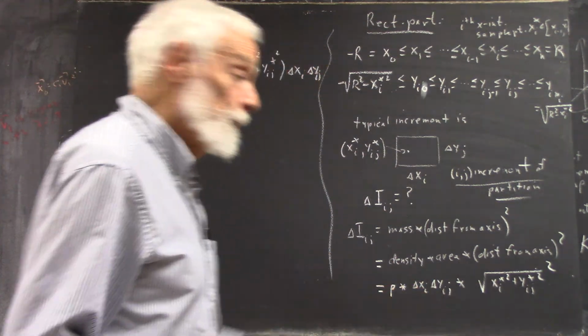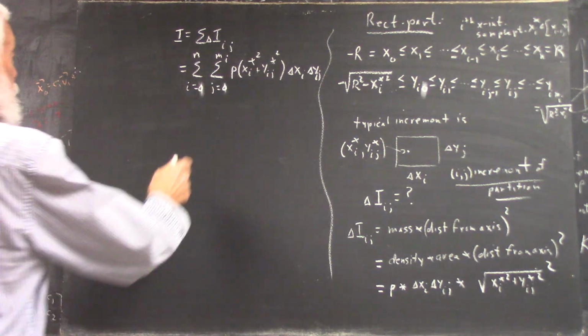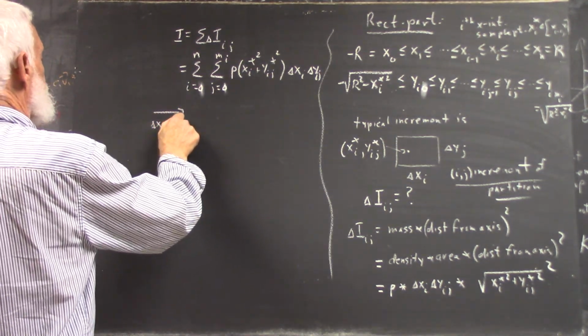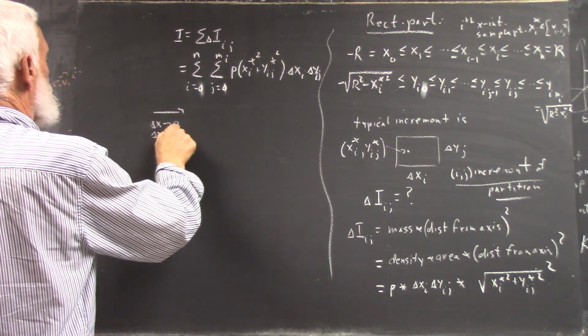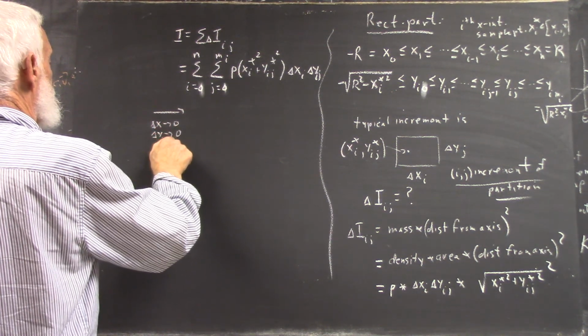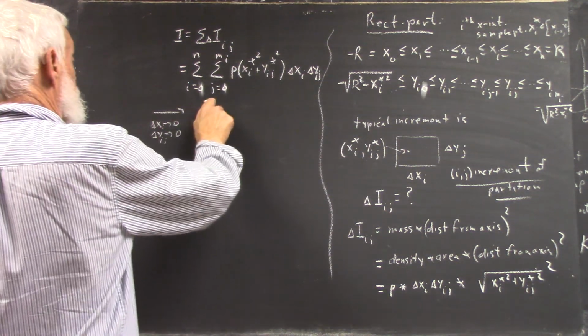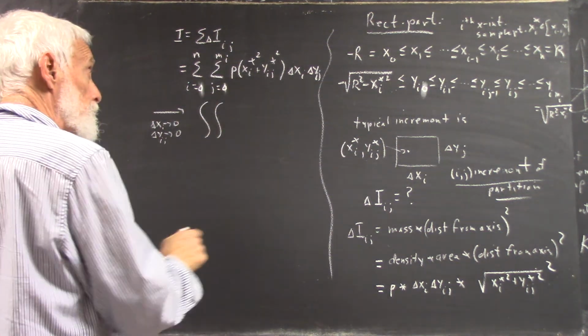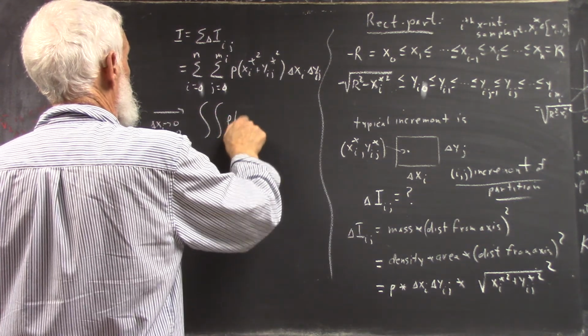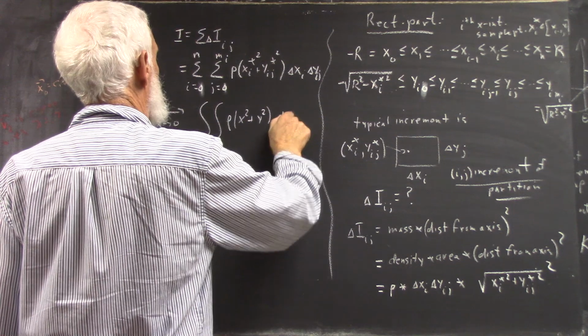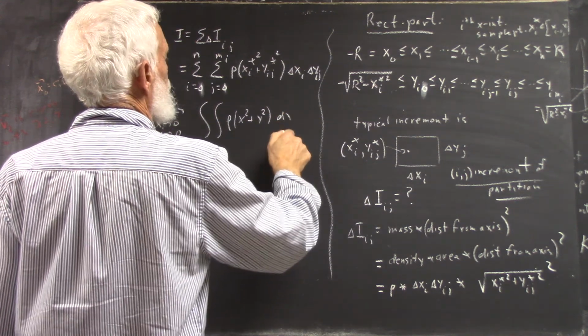Same thing we've got here, okay? And this approaches, as all your delta x's and delta y's approach 0, the integral of rho times x squared plus y squared d something,